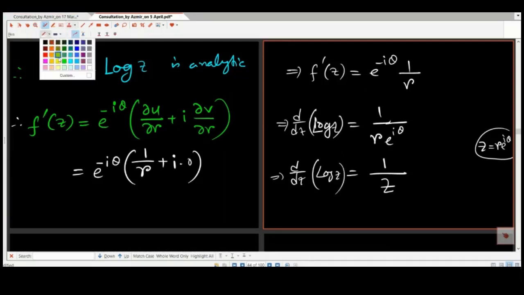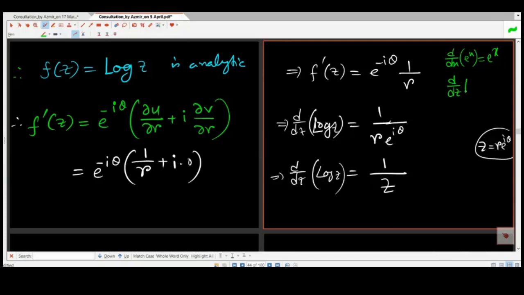Just like the differentiation of e to the x is e to the x, we have proved that d/dz of e to the z is e to the z, because e to the z is analytic and single valued. Similarly, we know d/dx of natural log of x is 1 over x. Similarly, d/dz of log z